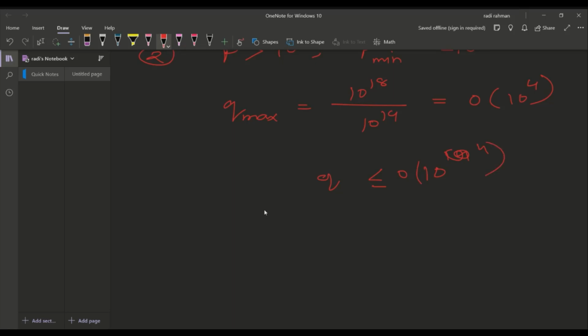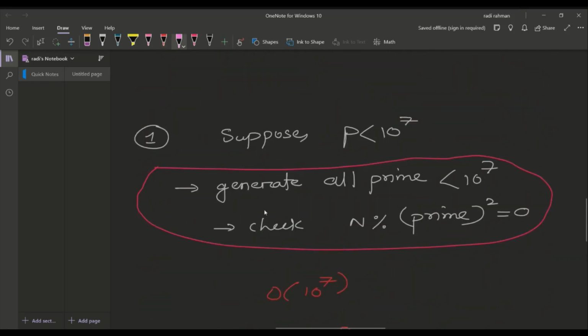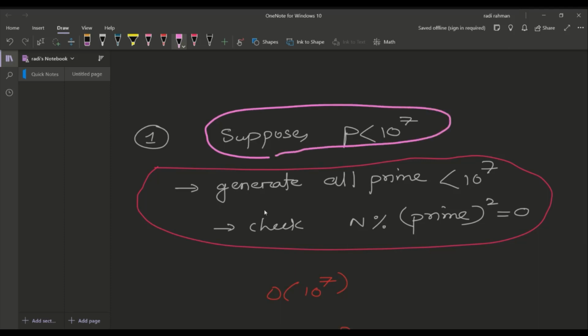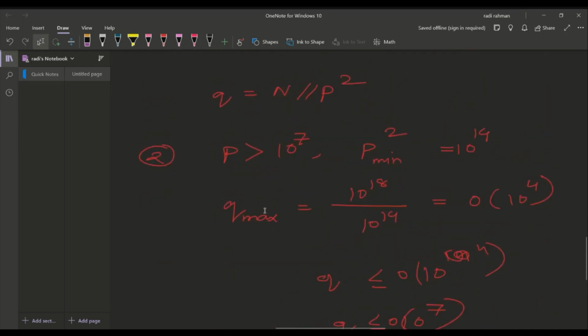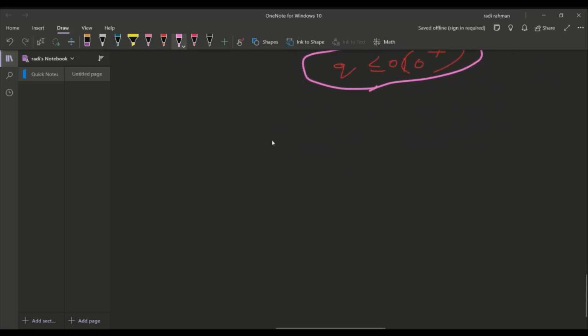So if q is inside 10 to the power 4, we can also say that q must be inside 10 to the power 7, right? Order of 10 to the power 7. So in both the cases, if your p is less than 10 to the power 7, that means your p will be less than 10 to the power 7, right? But if your p is greater than 10 to the power 7, then your q will be less than 10 to the power 7. So in both the cases where p can be greater than 10 to the power 7 or less than 10 to the power 7, one of p or q